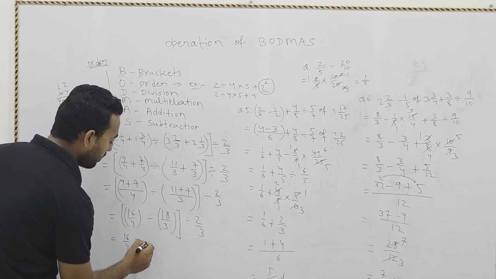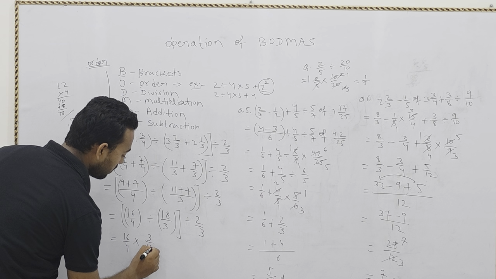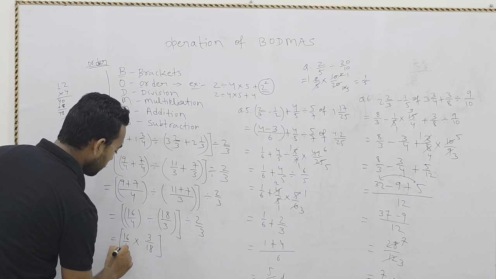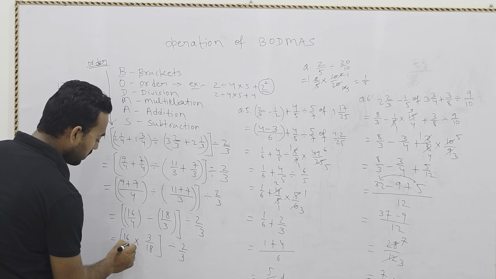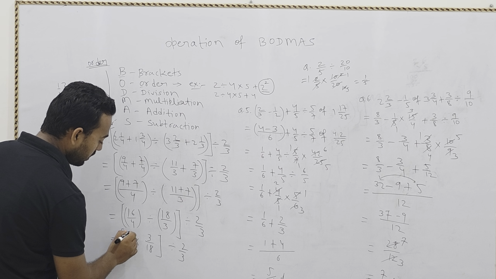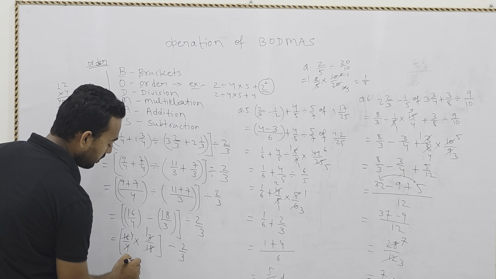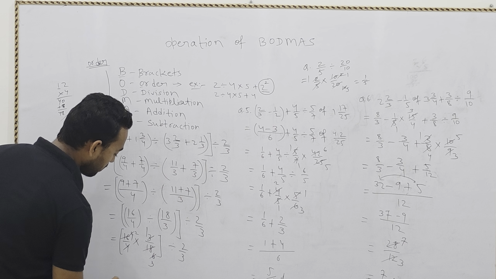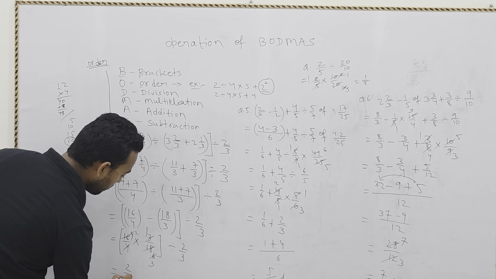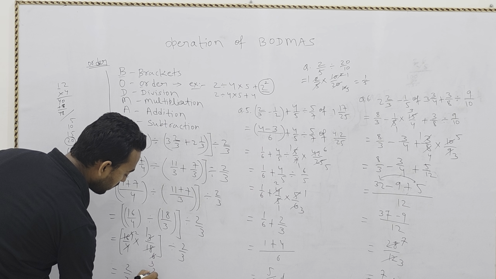So this will go up 3 by 18, then division by 2. Now here we will cut. In the table of 4, one time gives this, 4 times gives this. In the table of 3, one time gives this, 6 times gives this. In the table of 2, 2 times gives this, and 6 gives 3 times. So here what we will get is 2 by 3 division 2 by 3.